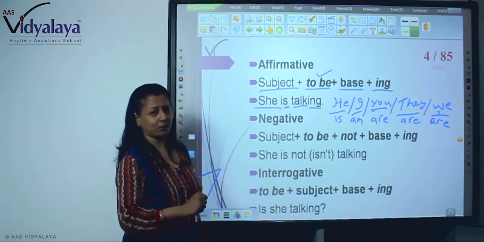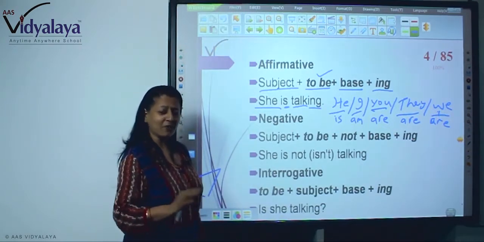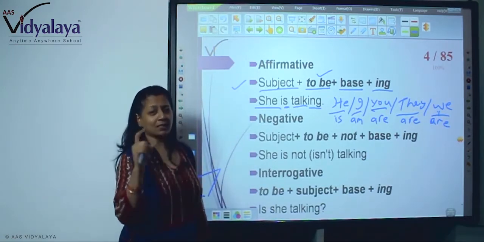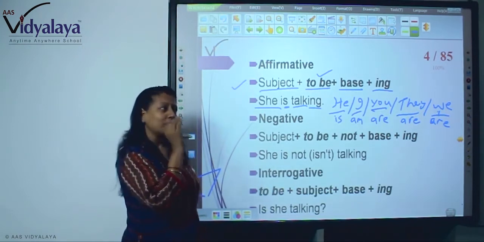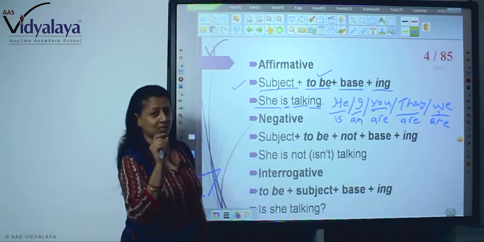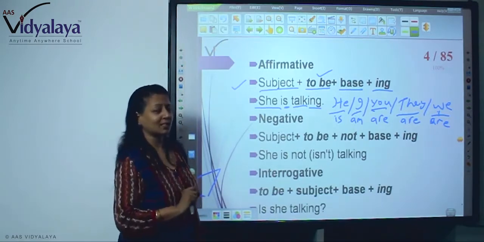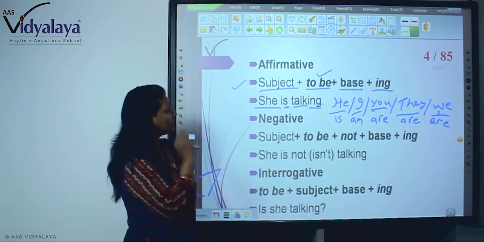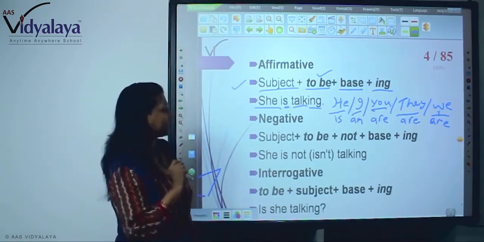I am reading a book. She is swimming. He is going to school. So everywhere you will find this rule. And always remember grammatical rules. If you follow the grammatical rules, you will always be correct. Don't deviate from these grammatical rules. These are rules. And when you go through storybooks, when you go through any articles, you will find these rules to be followed strictly. So, learn the rules. Then only you can write English correctly.